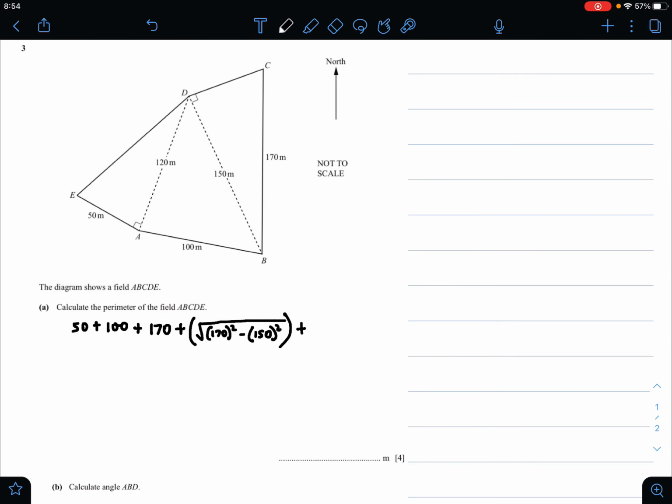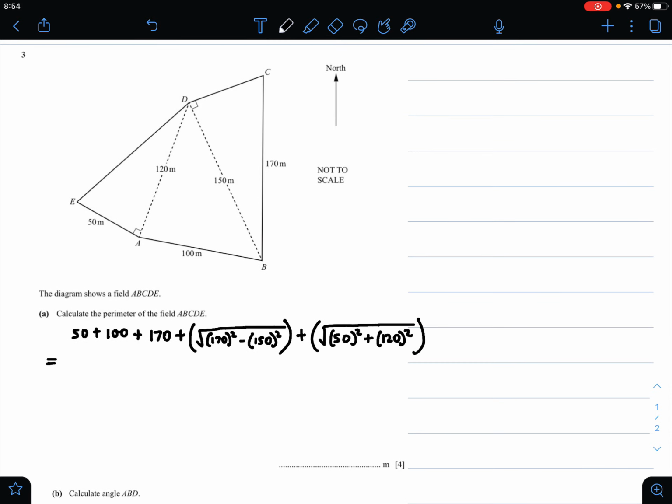And for the last side, that is DE, it's a right angle triangle, so we can just use the formula of Pythagoras theorem. So that is the root of 50 square plus 120 square. So now all we need to do is input this into the calculator, and we will get our final answer for part A. So how we do that is simply 50 plus 100 plus 170, which is equal to 320